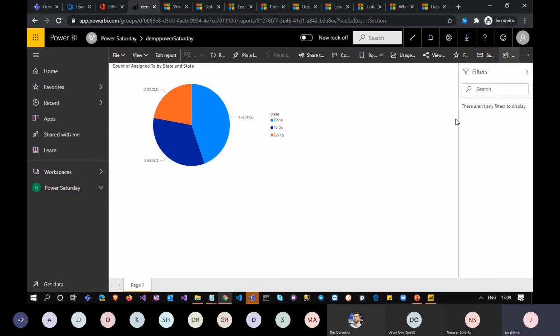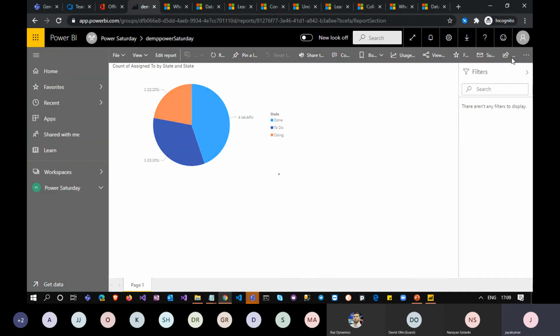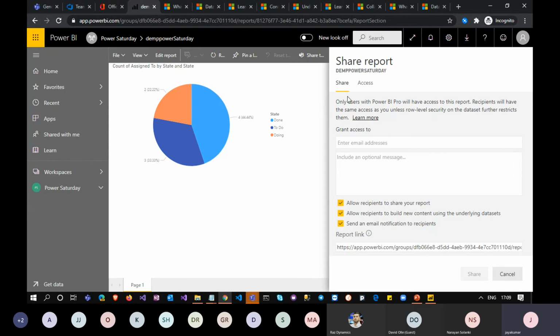For example, at the top there is a Share permission available. If you click on Share, you can manage the permissions for this report, because if you are dealing with finance-related data or something confidential, you will be able to manage the permission here.